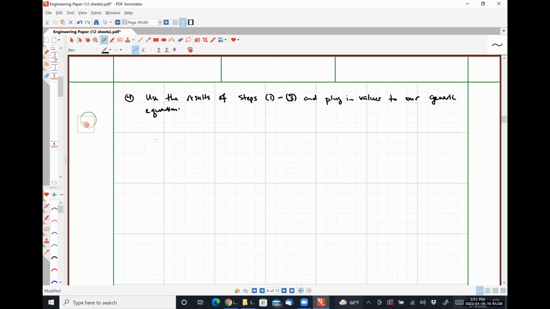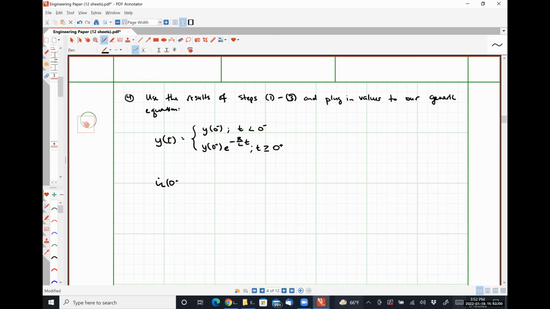So our generic equation was y of t was equal to y at 0 minus, for t less than 0 minus, and y at 0 plus e to the negative r over L t, for t greater than or equal to 0 plus. So that means for our inductor current,